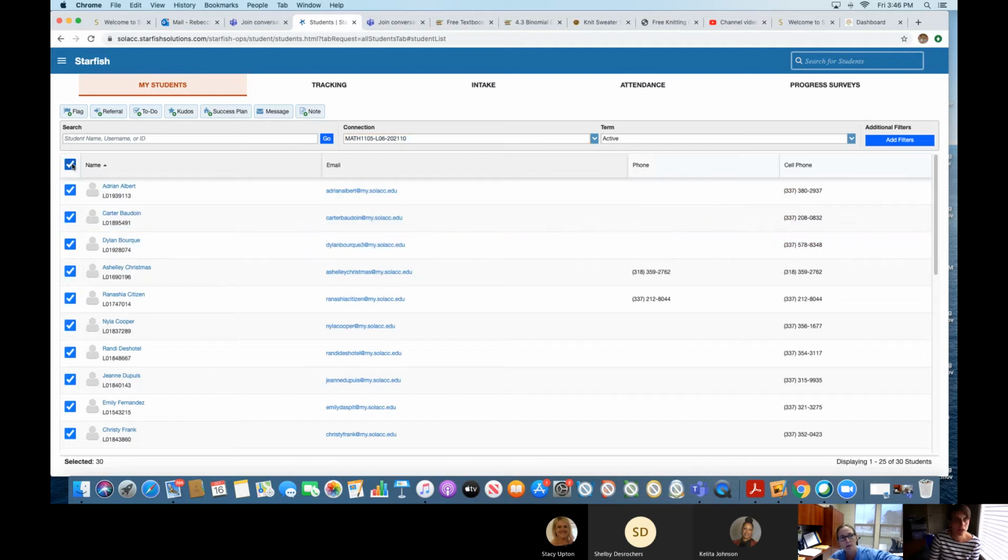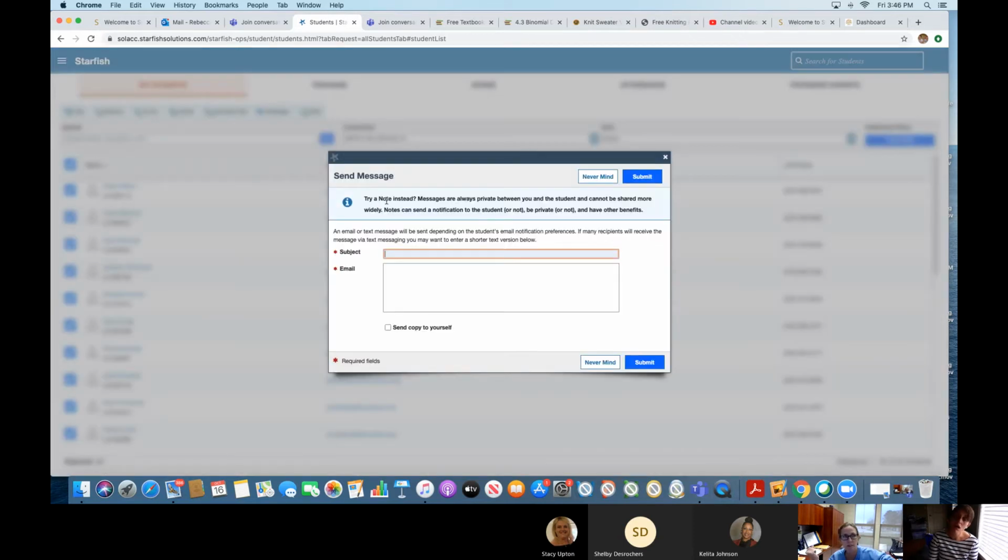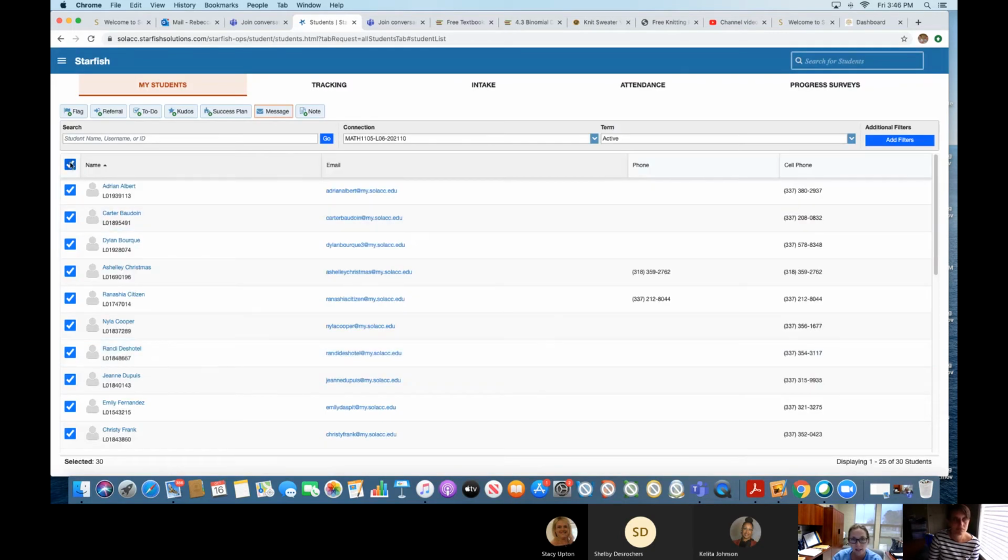Okay. And there's a menu button, a message button at the top. You could just send them all a message. Oh, that's nice. Yep. And you can send a copy to yourself just as evidence of what was really sent. Right. But there's another great feature that would allow you to take this class and maybe you want to add